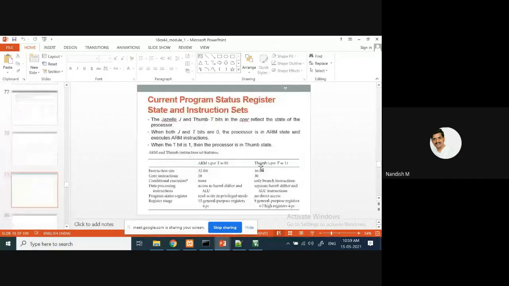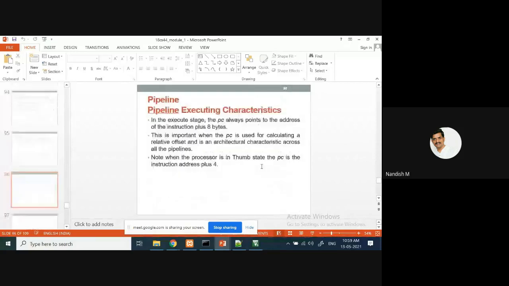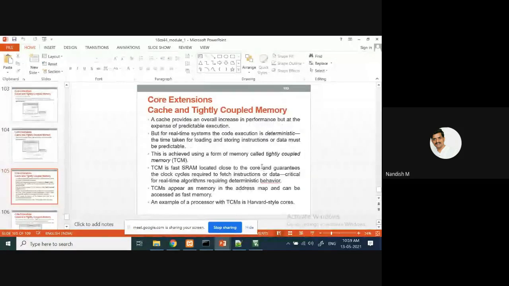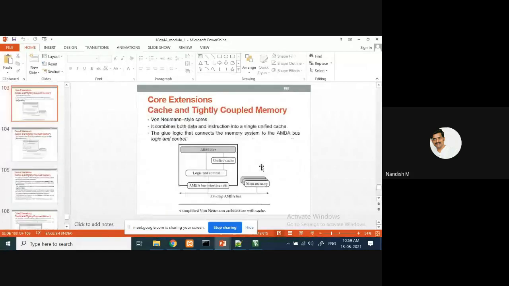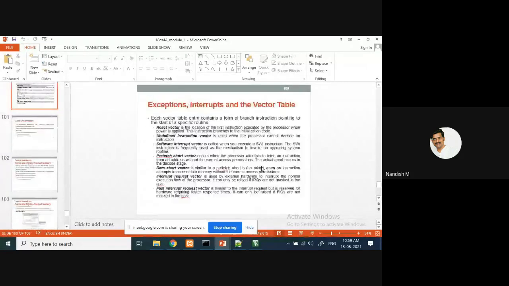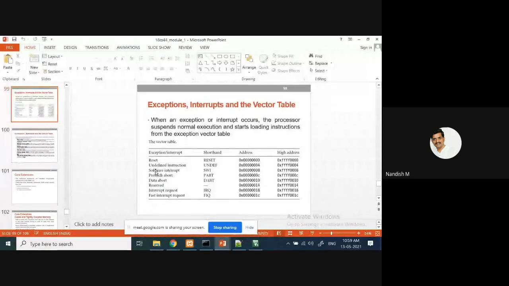Remember the address 0x408. See here, the software interrupt starting address is this. From here to here, the software interrupt code is there. This data gets loaded into the PC and then it will execute the instructions which are there within this range.